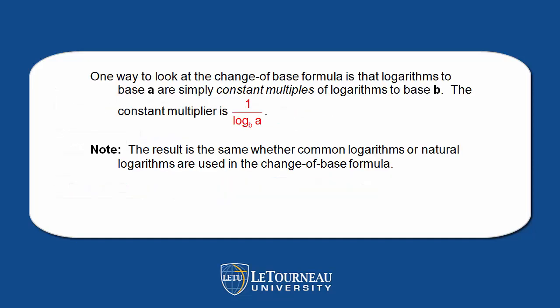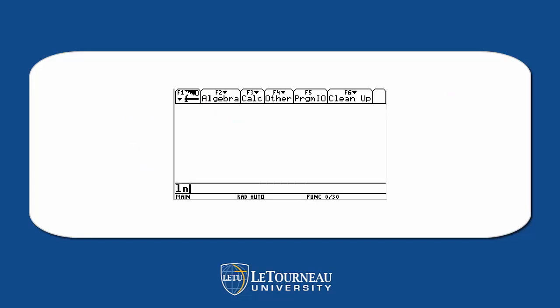One way to look at the change of base is that logarithms to base a are simply constant multiples of logarithms to base b. The constant multiplier is 1 over the log base b of a. However, I don't suggest you memorize that. Rather, memorize the formula that, for example, if we want the log base 2 of 3, then we